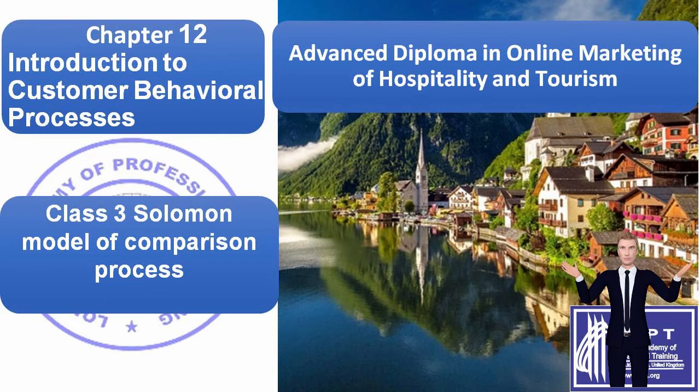3. External variables, including destination images, confidence in travel trade intermediaries and constraints such as cost and time. 4. Characteristics and features of the service destination, such as the perceived link between cost and value and the range of attractions and amenities offered. Figure 6.0, Stimulus Response Model of the Buying Process. The Method of Travel Buying Behavior.